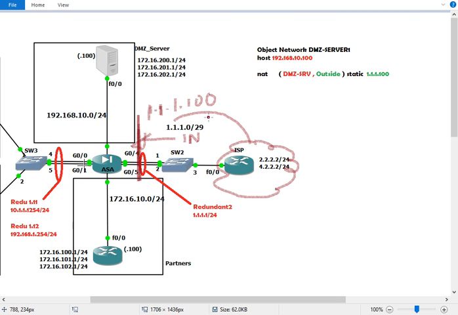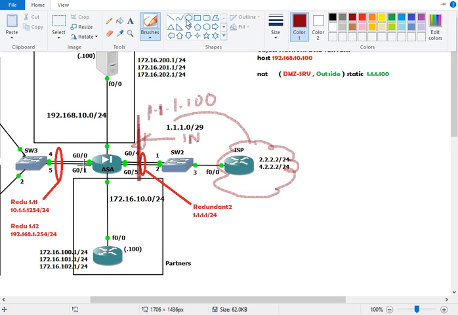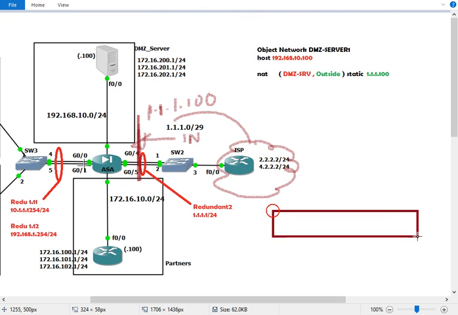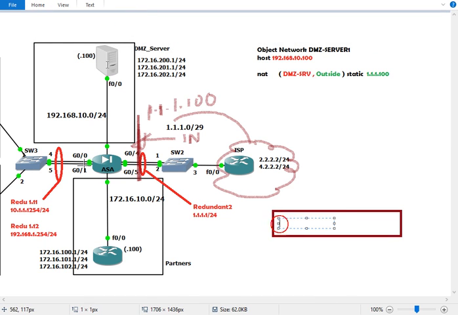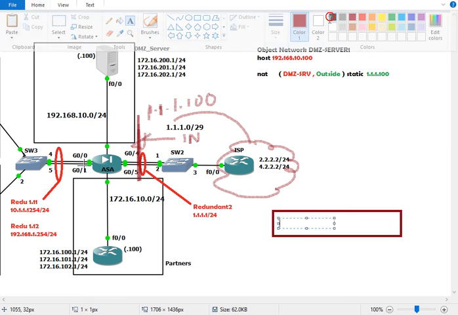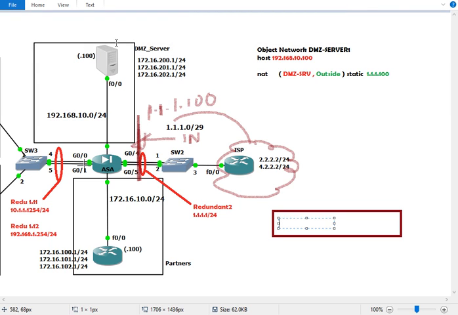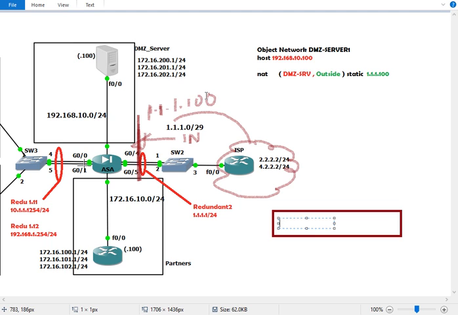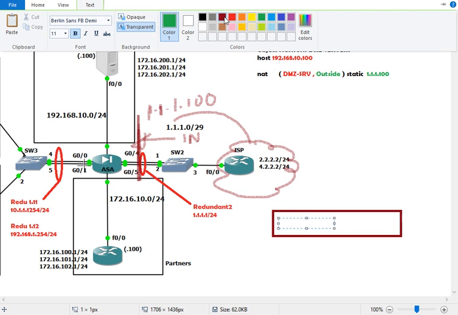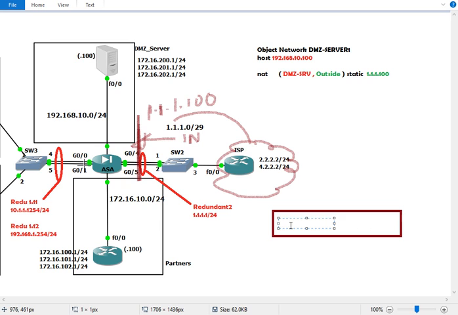So in this case, if there is a packet, okay, which is coming from outside, wherein let's say the source IP address is something else, let's say 4.2.2.2 for example, but the destination